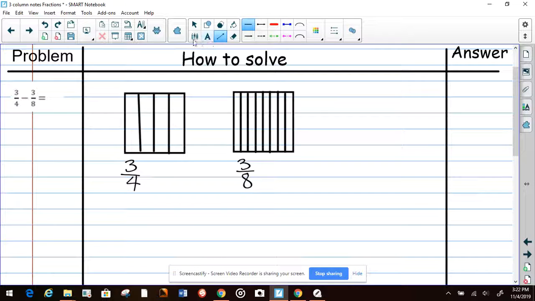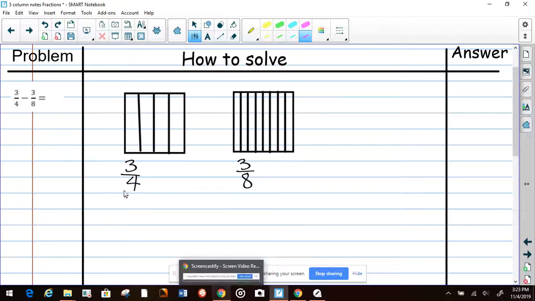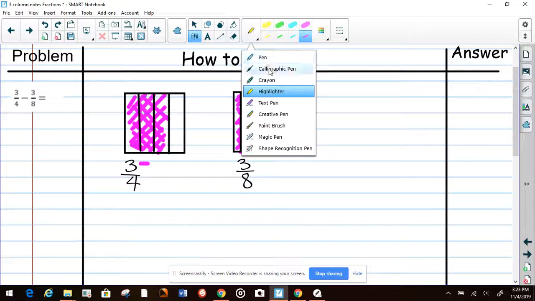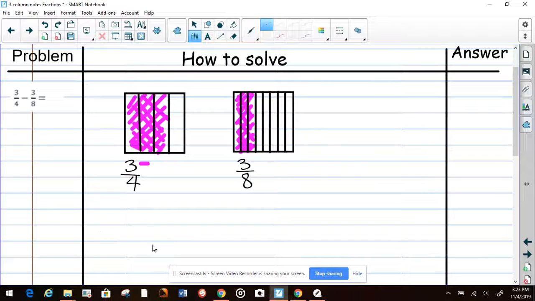Our next part is to show what that represents. So this one represents 3 of them. So we're going to color 3. 1, 2, 3. So that's 3 over there. This one represents 3 out of 8. So it's going to be just all the way up to here, to number 3. Okay, now we have that. And our next step, like we mentioned before on the previous problem, is going to be step number 2. Remember that this is a subtraction. So step 2